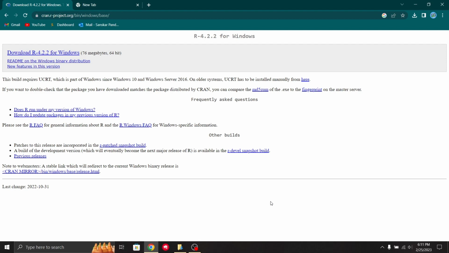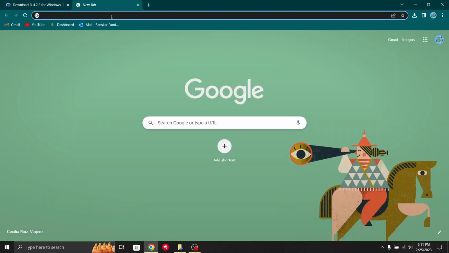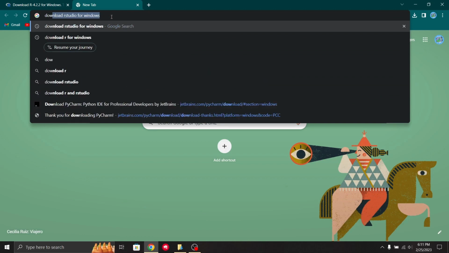RStudio combines a source code editor, build automation tools, and a debugger. So we recommend you install both R and RStudio on your personal computer. Now let's first install R. So what you have to do in order to install R, just go to your browser and type download